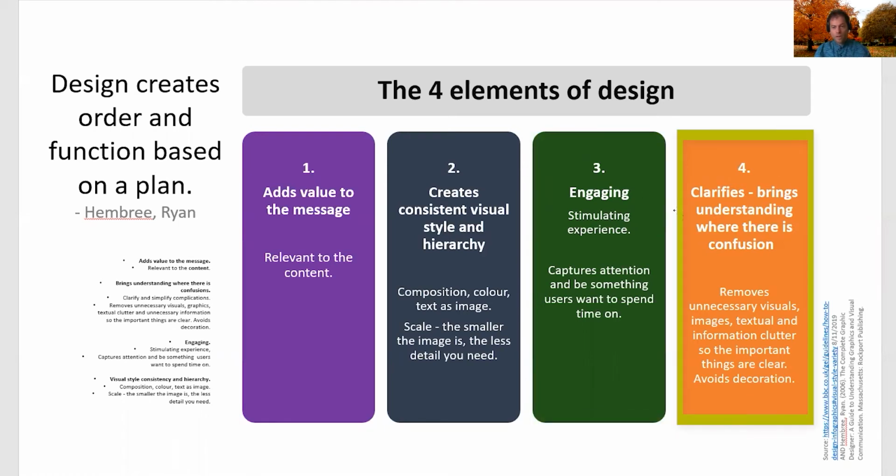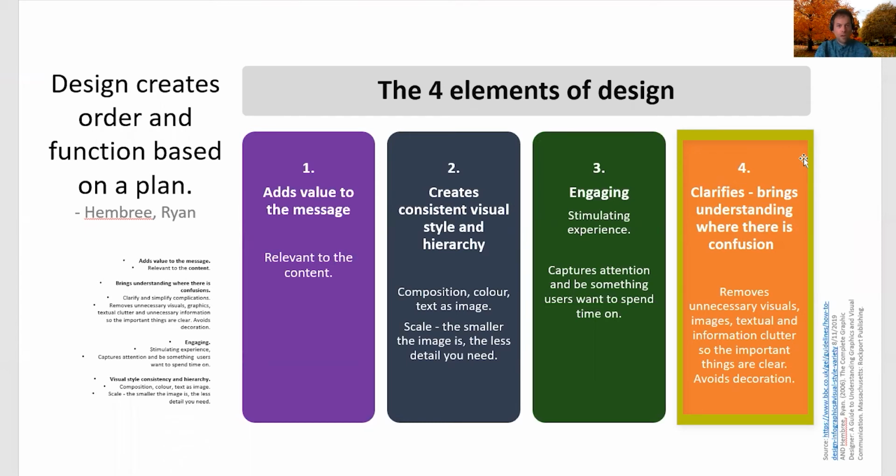The fourth element here on the right, your design needs to clarify. It needs to bring understanding where there is confusion. If there is a chaotic idea, if there is too much text, there is confusion, the design should take the important elements and structure them and bring clarity. You do that by removing unnecessary visual images, text, removing unnecessary information.